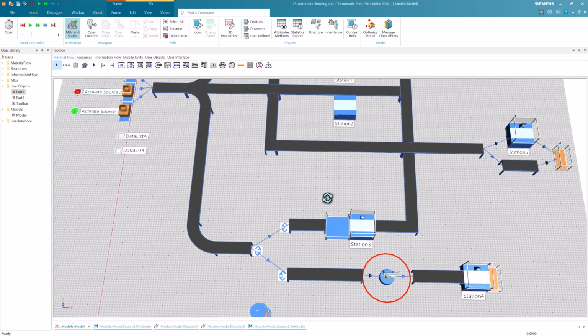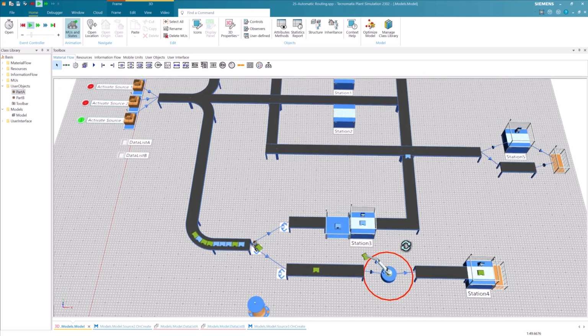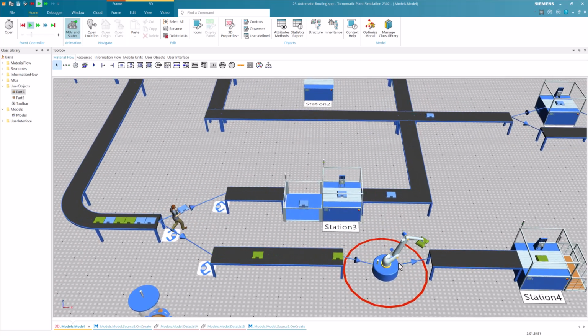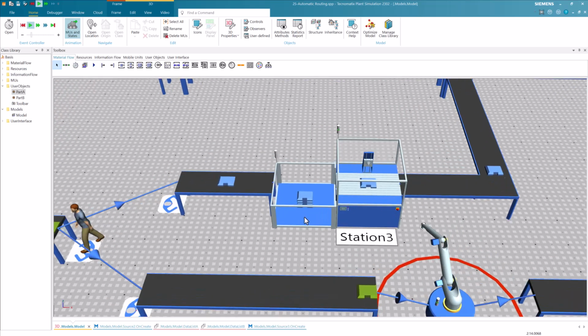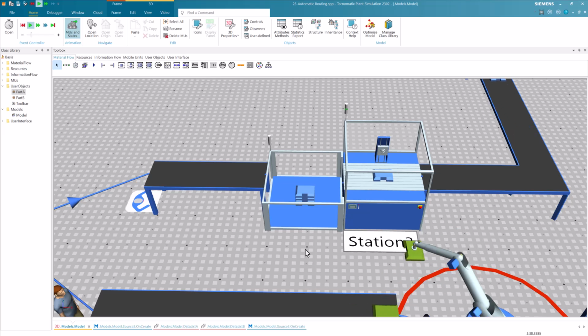At the conveyor leading to the first workplace, we have then activated a transport importer. With this, a worker is requested to move the parts to the next object on their route. As you can see, a worker is requested, and the parts are moved to the corresponding conveyor. As we can also observe, the parts are picked and placed by a robot as long as it is connected with connectors to the conveyors. Additionally, objects such as the buffer on the route to the destination are handled by automatic routing as well.